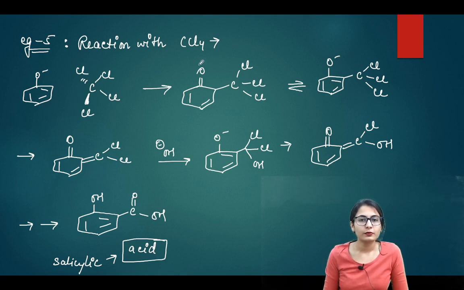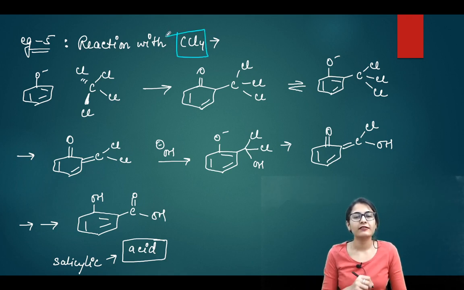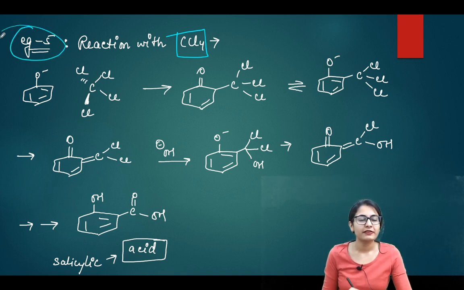Now we are going to move onward to a possibility where we have CCl4. So this is our example number 5. Here you have, guys, lots of examples to study from. Yes, the reaction with CCl4, how does it proceed? Let's see. CCl4 is a non-polar molecule, right? And it is not going to have carbene formation.